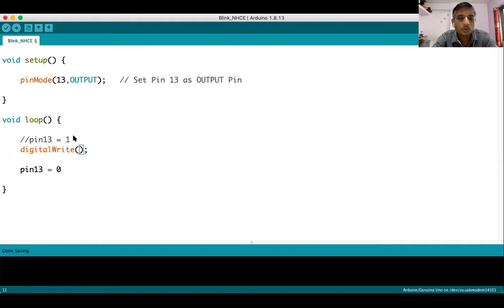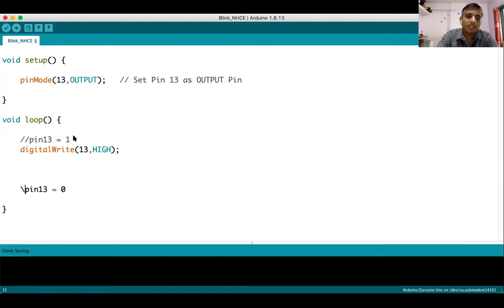It takes arguments: which pin you have to write, pin number 13, and what you have to write. You have to write HIGH. Instead of HIGH you can simply use 1, 1 is nothing but HIGH. Next,